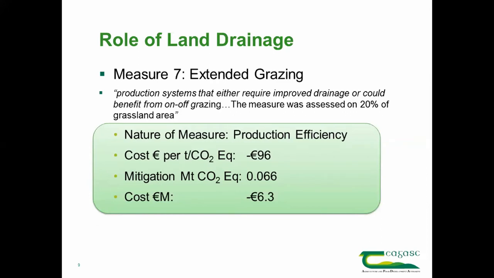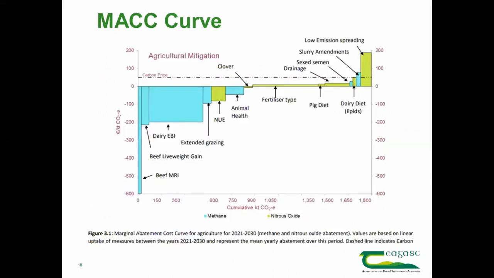The mitigation potential 0.066 of metric tons in terms of the cost then. So again, it's a negative cost, so there's a benefit there of just over 6 million. And that's what it looks like in the form that it's presented in the MAC curve document under the agricultural mitigation heading. You'll see there over on the, if I can see, hopefully you can see that cursor, the drainage is over there. So